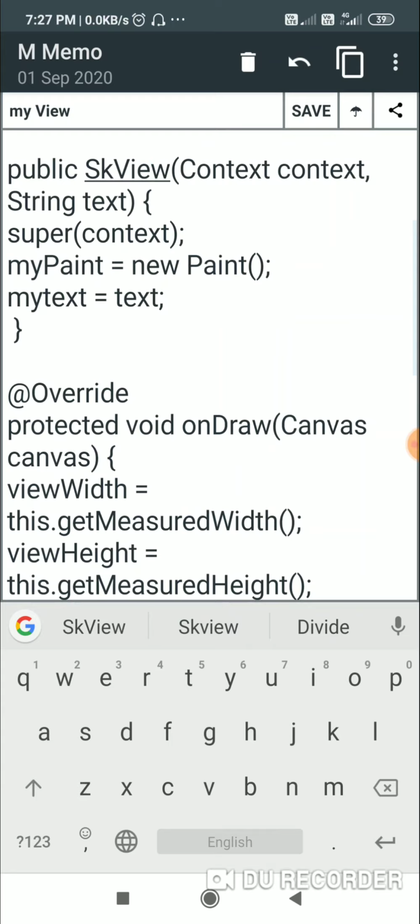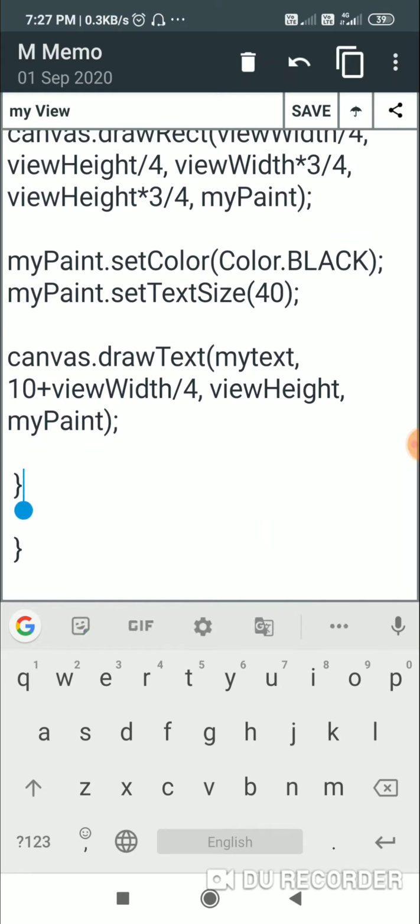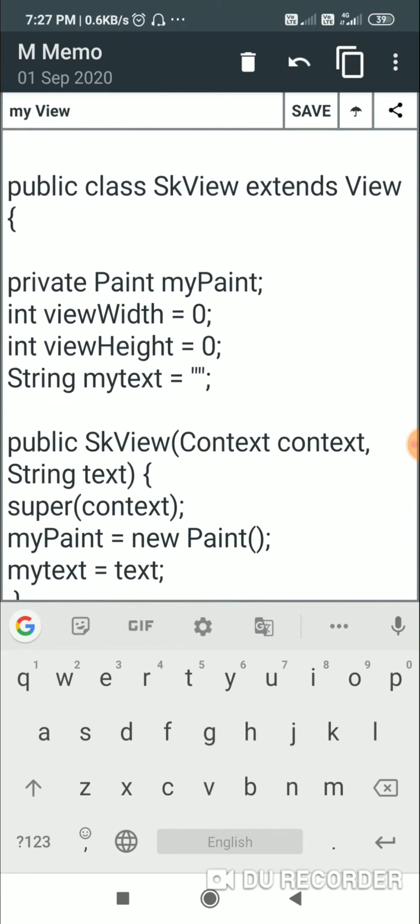And the second method is @override protected void onDraw, which has a variable canvas. So this second method is onDraw method with the canvas as the variable. This starts here and ends here, and in the end there is this closing bracket for this class.